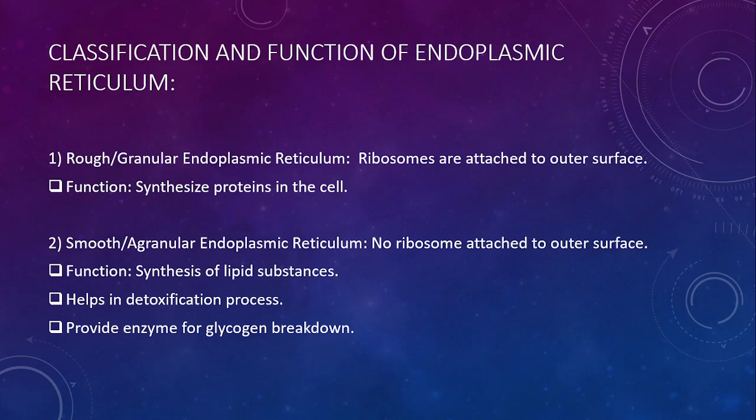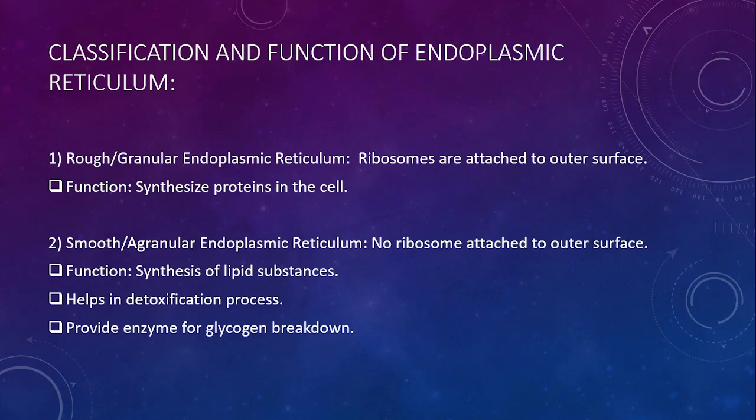Only protein is not necessary for our body, but also lipid. So this lipid is synthesized by the smooth endoplasmic reticulum. Various types of toxins in our food or drugs that we consume enter into our body each day, every minute. These substances also contain some part that is not needed for our body, and if it is stored in our body, it can act as a toxin. So this toxin must go through a detoxification process so that it does not remain harmful for our body. So this detoxification process is